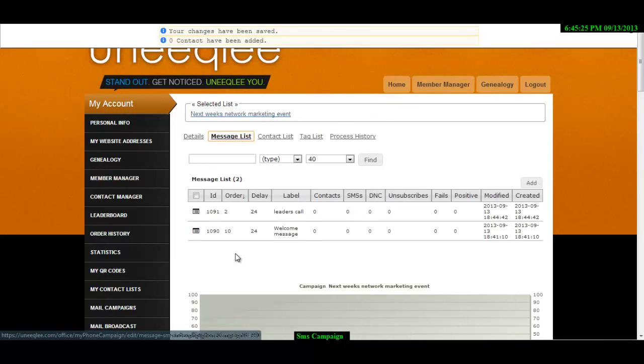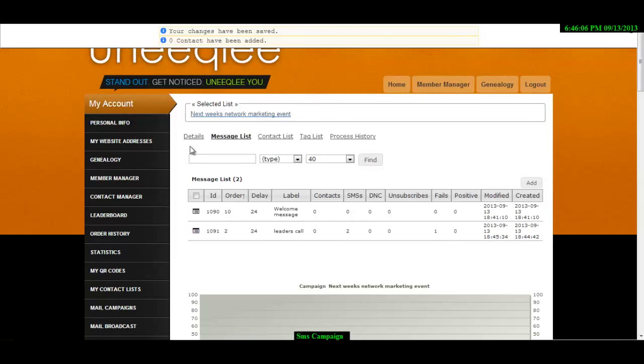Now what you'll see right here is that our order is actually mixed up. And so how we're going to fix that is if you come up to this little tab, you can categorize these by just clicking on order, and that'll change this back around so that our welcome message, which since it's our opt-in message, we don't have a choice to change this out, but it shows that our number 2 is set to 2, and that's how we want it. This looks really good, and that is how you set up an SMS campaign, and that is also how you